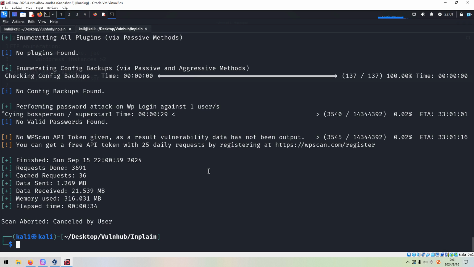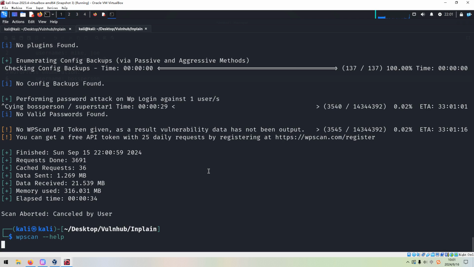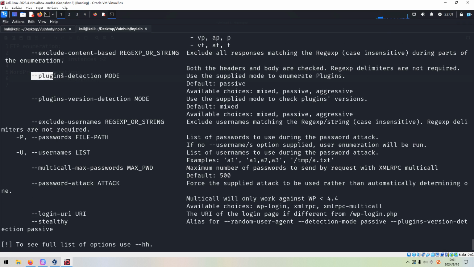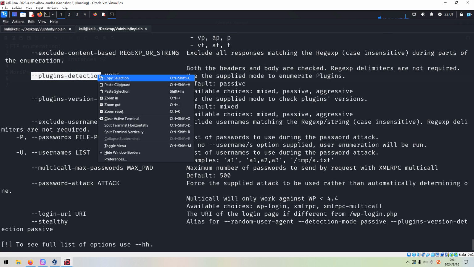And next, so how to do? Maybe we need to make a deeper or more aggressive enumeration for the plugins. And of course, sorry, I cannot remember its exact option. So I always use it this way, and copy the option name,